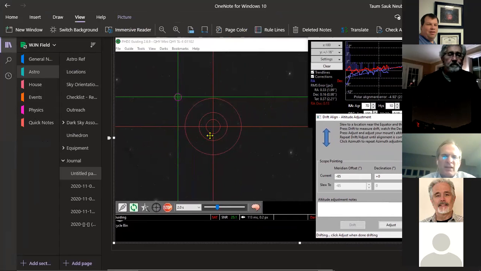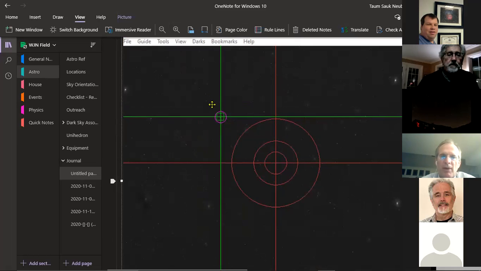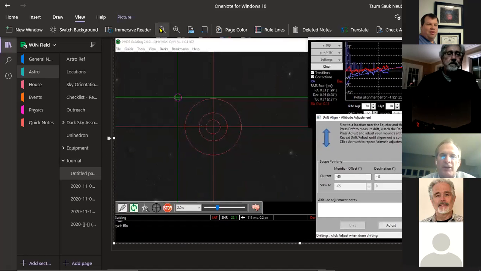So I was using the bullseye for some alignment, but anyway, you pick a star, and then those standard green lines come on, and then there's this purple box. That purple box is your polar alignment error. When you start, it's just an enormous circle, and you click on this button down here. It says drift, and you can see in the graph on the upper right, it's drifting. It's showing you the drift that's occurring because you're not perfectly aligned, and these trend lines are giving you